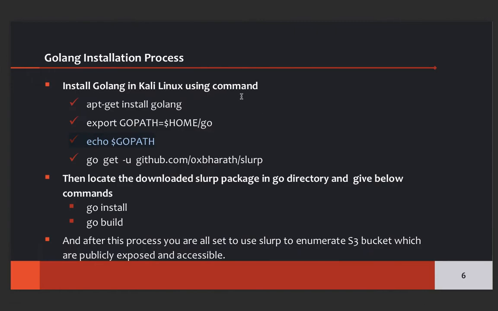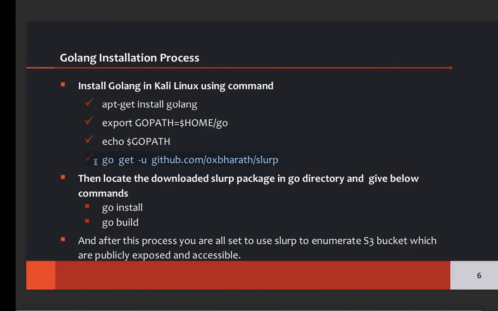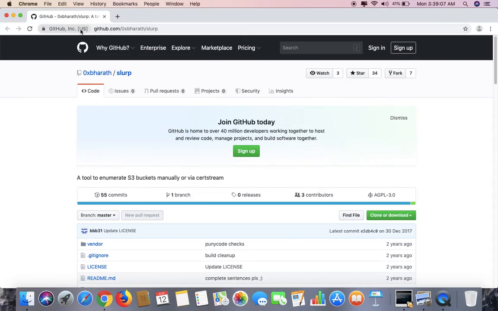Okay, so what we have to do is use a specific command to download the Slurp package. Downloading the Slurp package in the Go platform is "go get", to download the package from the online server, from GitHub. "-u" is to define the URL, and we simply have to ignore the https:// protocol part. We just copy and paste